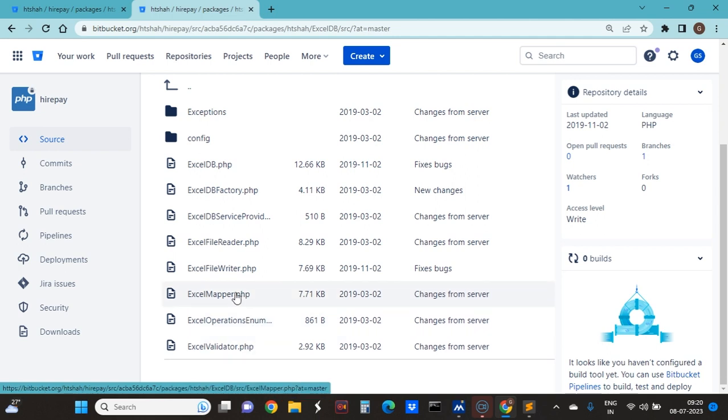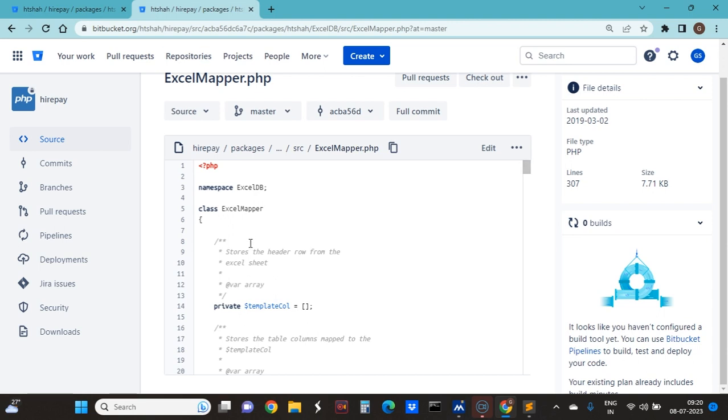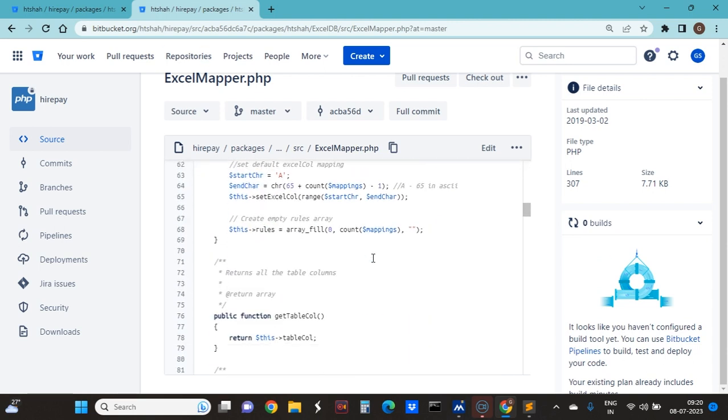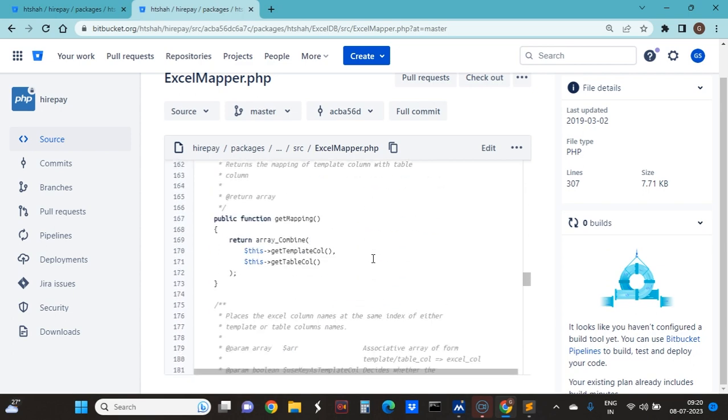After that, the validator we have already seen. The mapper, you can say, is for a spreadsheet constructor. So now